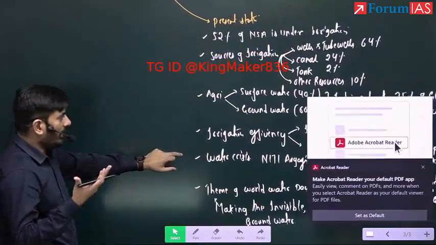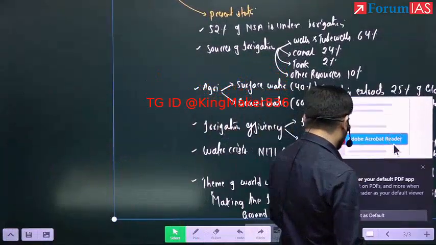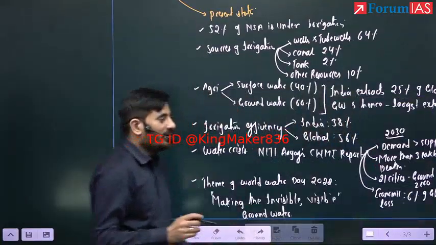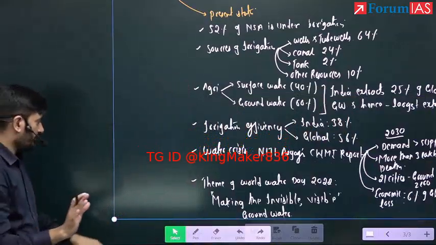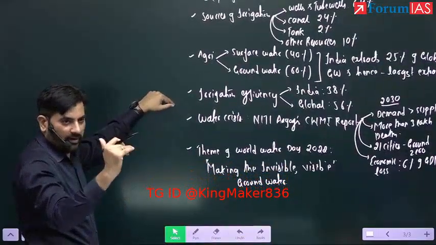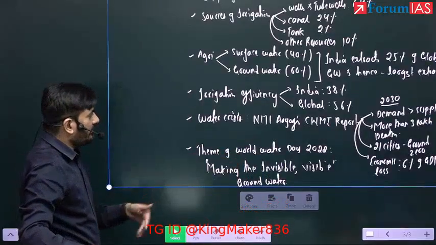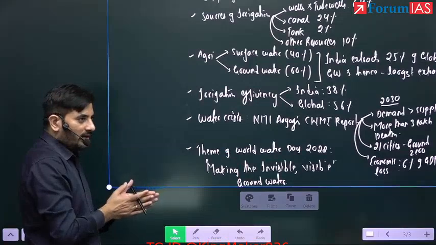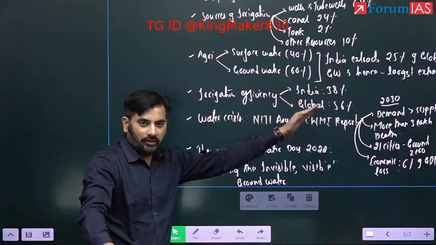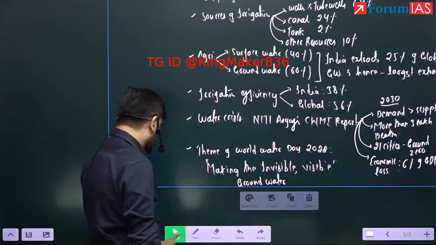Okay. Now, I told you it's all pick and choose. So here, it's all pick and choose. If you are writing an answer about groundwater, the best way to conclude an answer on groundwater is by highlighting the theme. If you are writing an answer on overall water irrigation in India, the best way to conclude or introduction could be with Niti Aayog's Composite Water Management Index. Okay, so let's move to the next one.